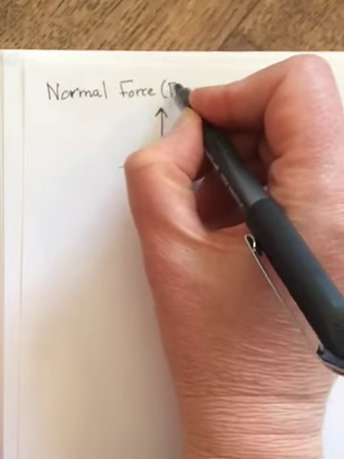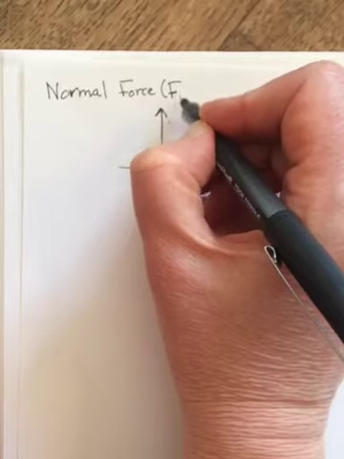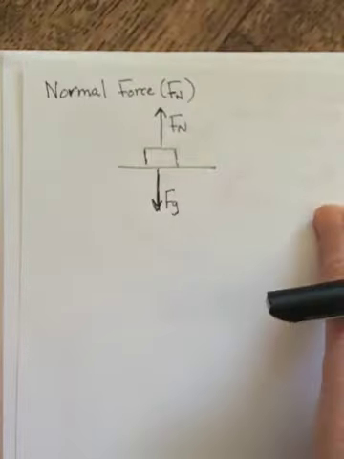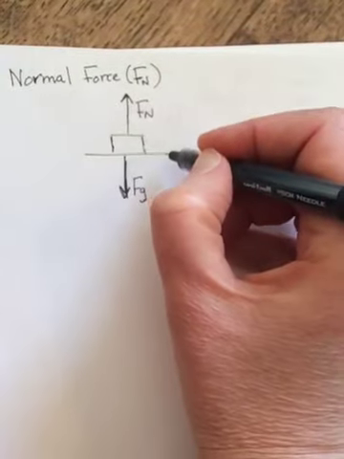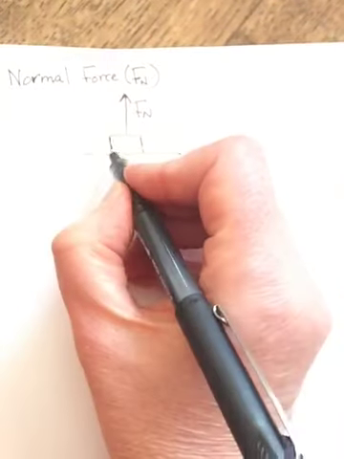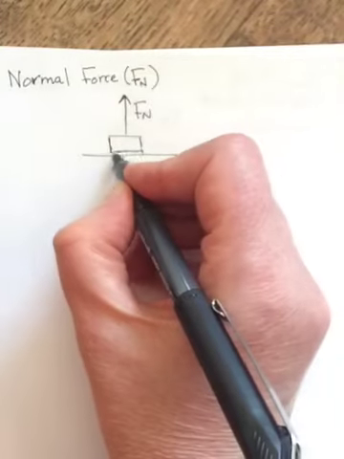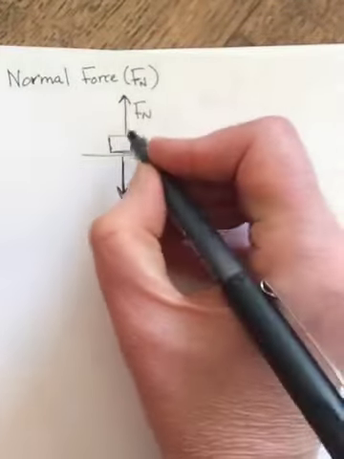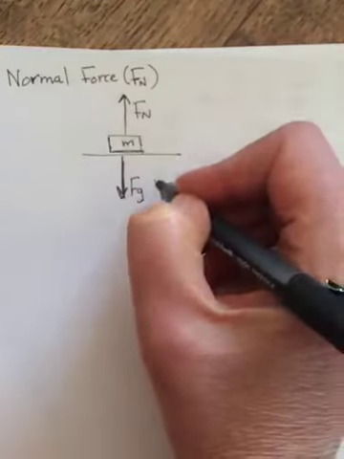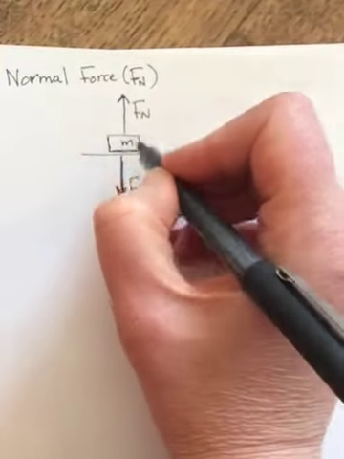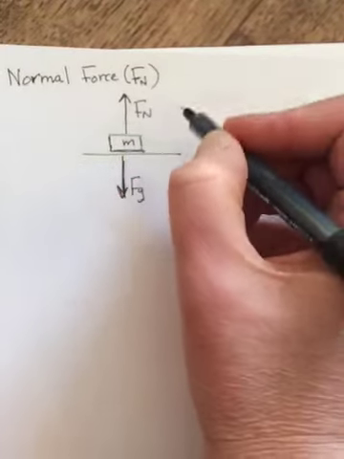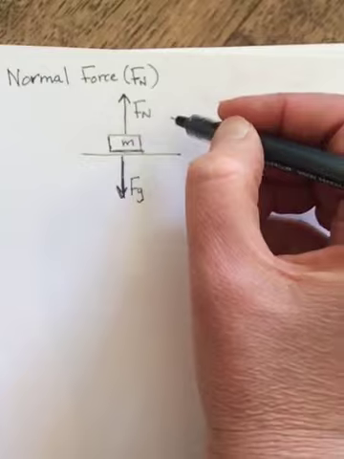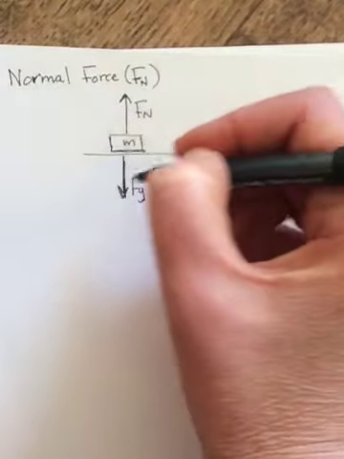And so it's a capital F with a subscript N, Fn. Okay, so this is the normal force. So it's the force of the second surface pushing back on the first one, right? So if this is a block or a box sitting on the surface, the weight of the block is acting downward, and so that's the Fg, and so the surface is pushing back up. So we say it's the force that the second surface is putting on the first surface as a result of